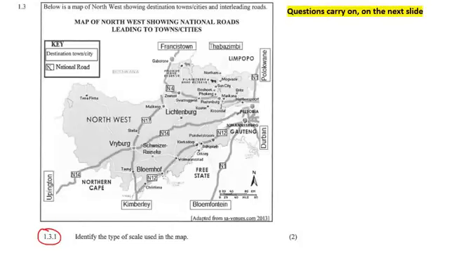It says here, below is a map of Northwest showing destinations, towns, cities, and interleading roads. Okay, so this is an area that I'm not too